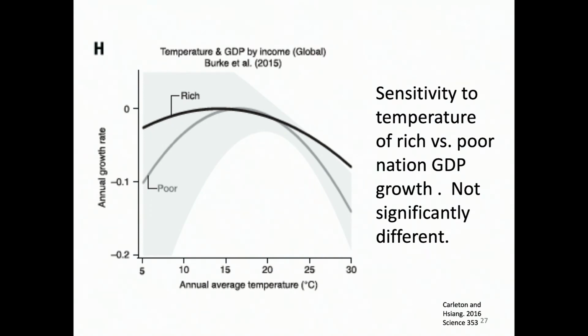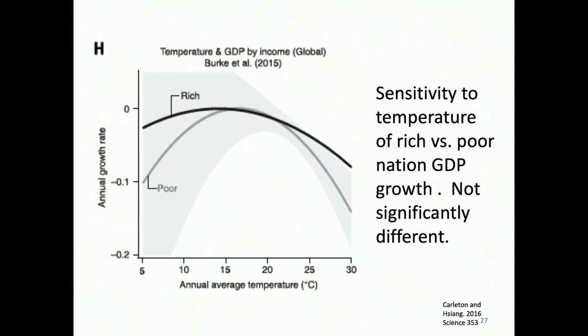Sensitivity of temperature to rich versus poor nations' GDP. You know, we might think of this as a problem primarily of poor countries. And it is true that the poor countries are more vulnerable to extreme weather than rich countries. But one of the really surprising things about this whole body of econometric work is how big the effects are